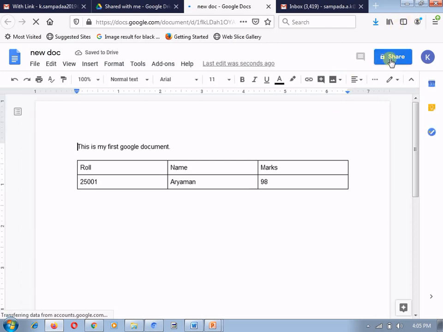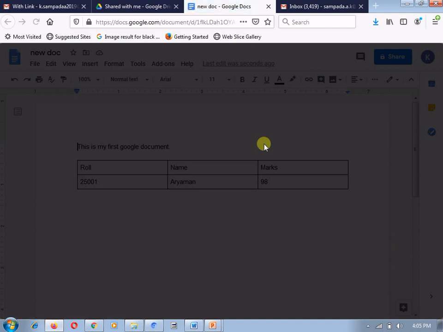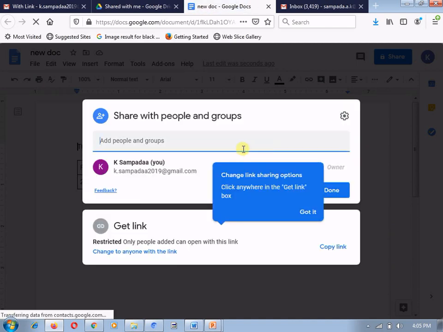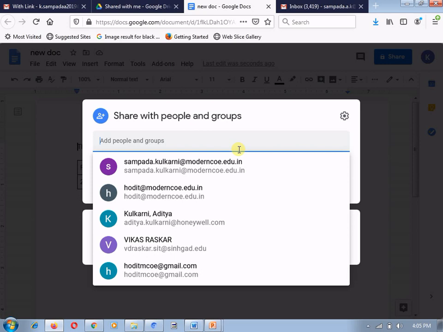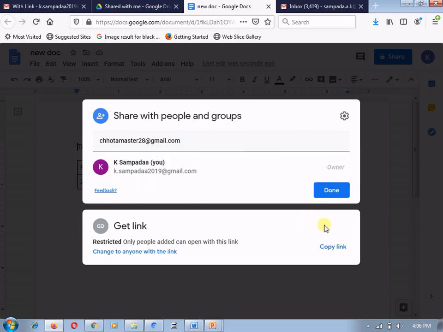Currently it is private. I am clicking on this option and I am giving the mail ID of the Little Master, the user with whom I want to share it. So here I will give the mail ID with whom I am sharing it, and done.